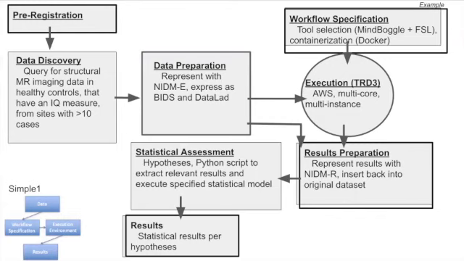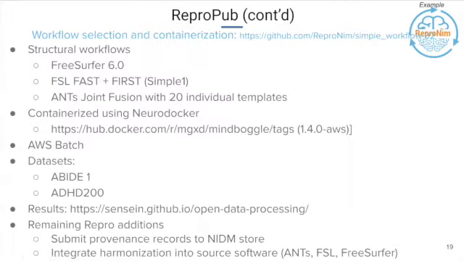There's a bunch of workflow stuff that we have to handle that all needs to be done in a re-executable framework. We have a container that runs the particular analyses that we're going to do: FreeSurfer, FSL, FIRST, and ANTs. This gets containerized using the NeuroDocker facilities, run out onto Amazon EC2 of Amazon Web Services through AWS Batch, runs on these public data sets that have imaging and IQ available, and then the results are published as well.